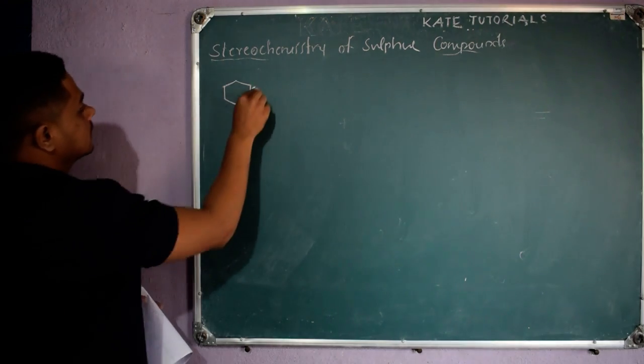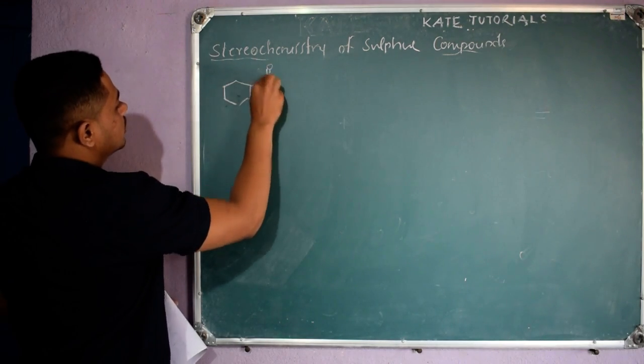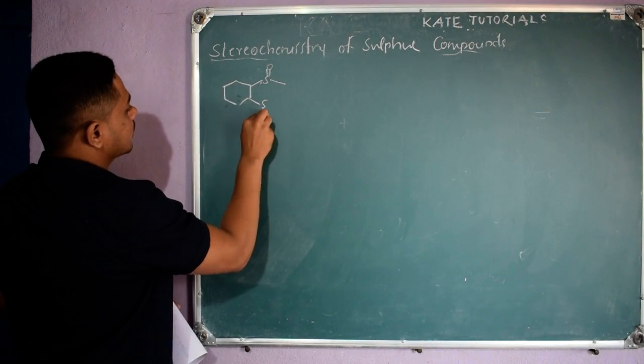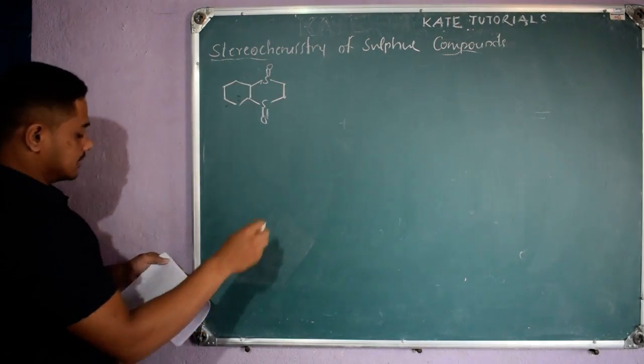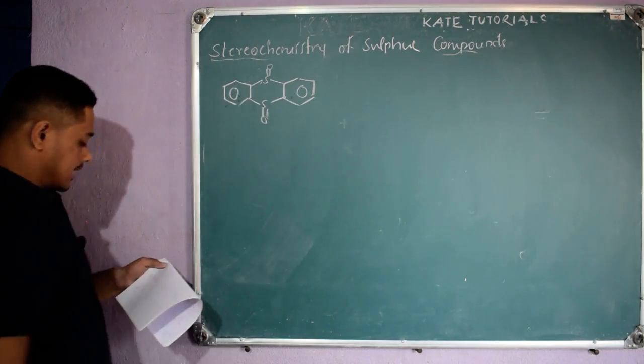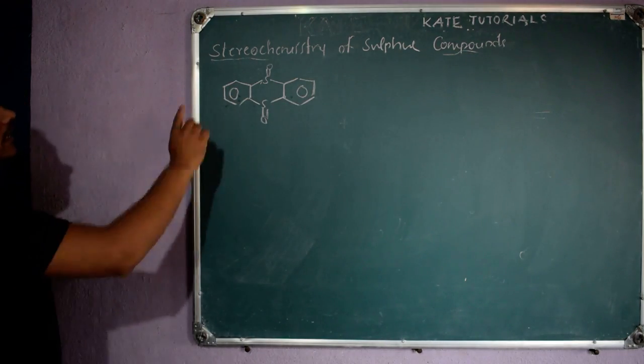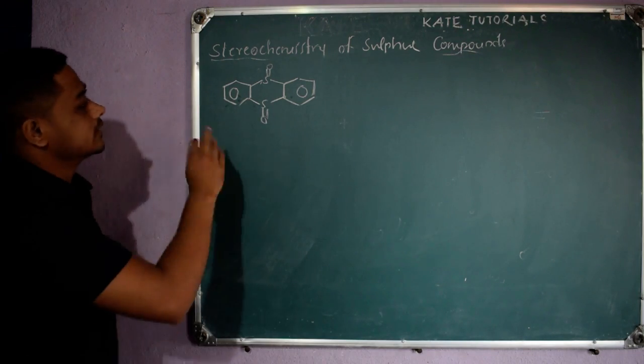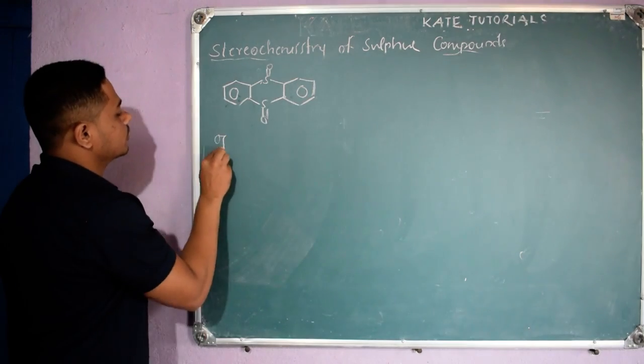Right, here I have S double bond O, like this, and here I have the benzene ring on both sides, right? So this will exhibit cis-trans isomerism. This is optically inactive,